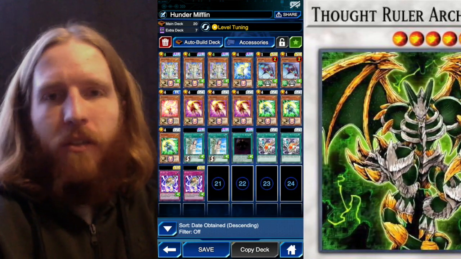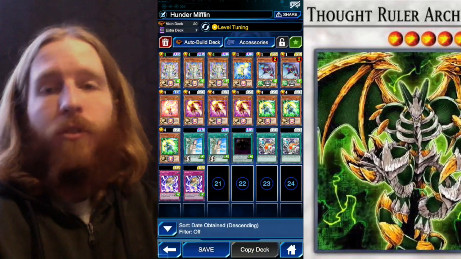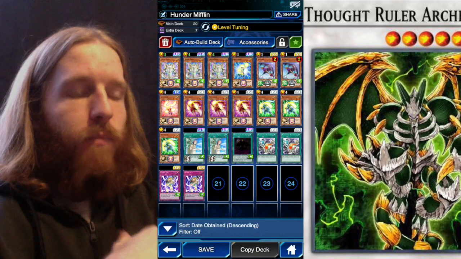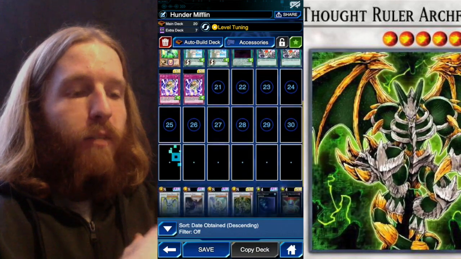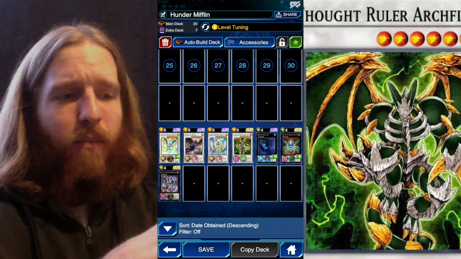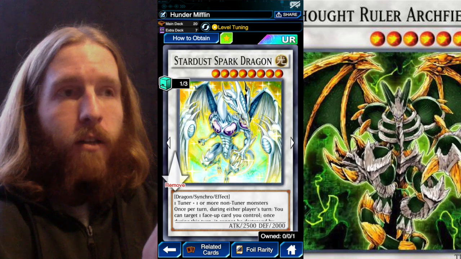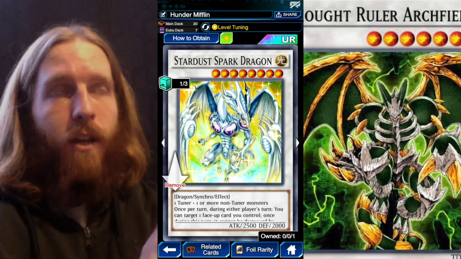I'm using level tuning. You probably should use D-Draw, because a Herald of the Abyss plus one Vylon Prism will get you your D-Draw, Destiny Draw. But that's pretty much the combo of the deck. Every extra deck monster kind of can counter the meta. Stardust will protect from destruction against decks like Fire Kings once, and